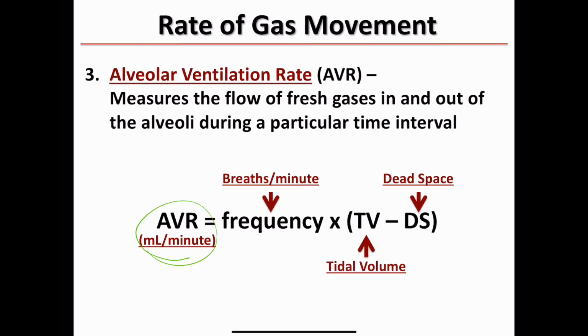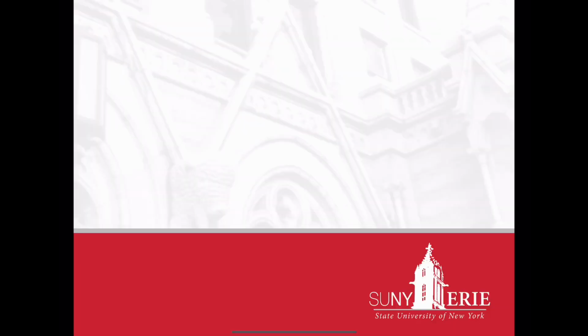This is the amount of air in 1 minute that comes in direct contact with your alveoli. So again, in order to do this, you take your TV, which is usually about 500 milliliters, and you subtract your anatomic dead space, which is usually going to be about 150 milliliters or so. And then that resulting number you multiply times the breaths per minute, your respiratory rate, and that gives you your alveolar ventilation rate, which is still taken in the same units, because the units over here have not changed at all. All right, so